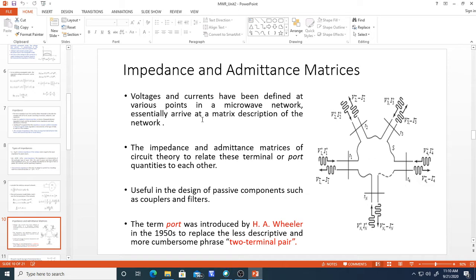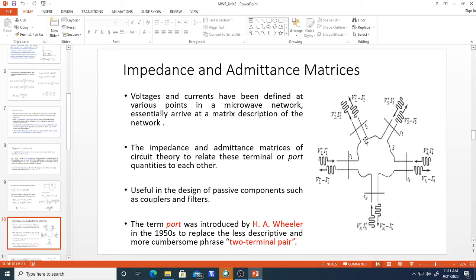Okay, so as I said, if I want to measure voltage and currents at various points of the microwave network, then we can derive that in terms of matrix description. Also you can calculate the port quantities. At a particular port, what is the phase of the incoming wave or outgoing wave at this terminal plane, and also what is the value of current, voltage and impedance exactly at this point, we are able to measure. Either in terms of impedance or in terms of admittance.